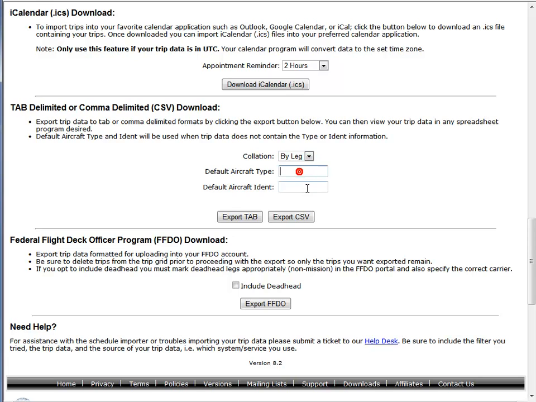You do need to put in a default aircraft type and ident, because most trip data does not have this information. Or actually, if your trip data has it, it will use what's in the trip source. If it does not, it will fall back to the defaults. So if it's Boeing 737 or whatever your type is, 737-700,